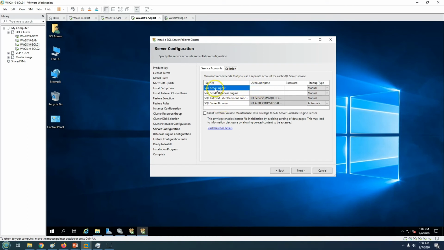and now you can see it's asking for the service account name. So I'm going to provide my service account name here, labs hands-on SQL admin. So I'm going to copy this and put my password for this service account. So one thing, you don't need to make changes in startup type, leave it as it is, and you need to grant perform volume maintenance task privilege for SQL database engine services. So click next,